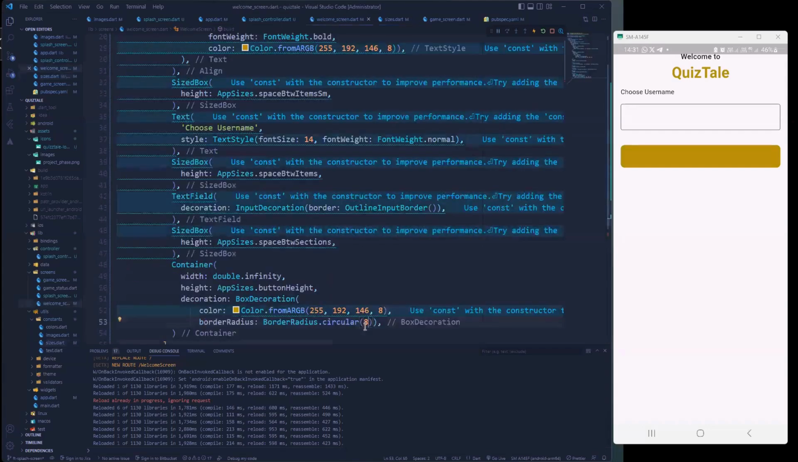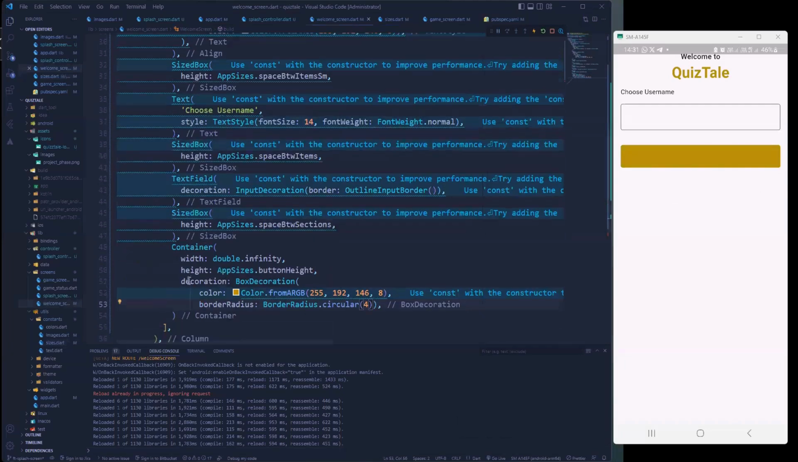I think I'll leave you to do that. So let's do a 4. I kind of don't like 8, it's too much. Okay, this is fine. So that's our container, right? And then